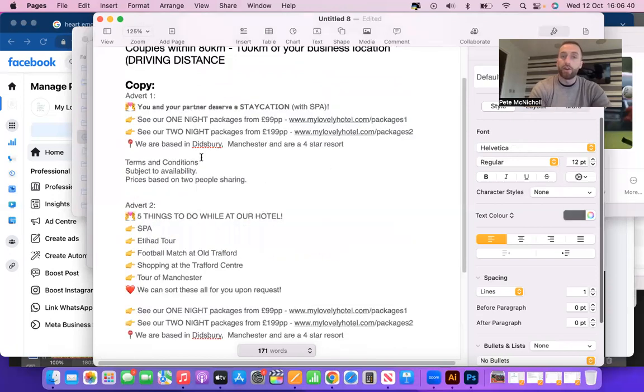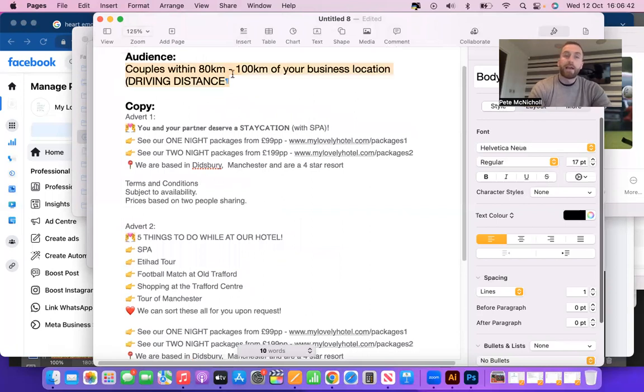So let's jump in here and show you how to set up this advert. The first thing we're going to do is set up our audience. Then after that, we're going to look at the videos that we've created, which I've already posted onto the wall, show you what they're like, and then we're going to go in and set up our advert. So how do you set up our audience? Here we go. Just jump into